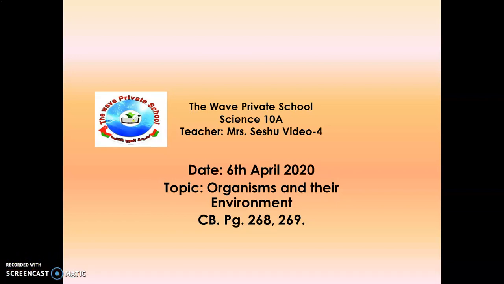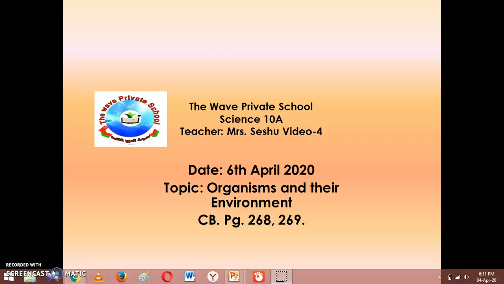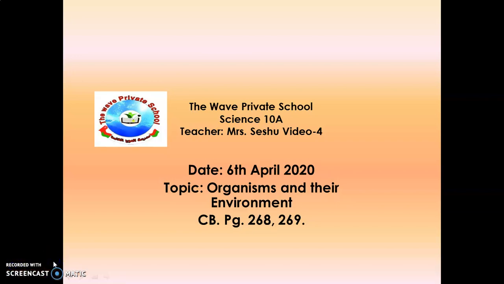In the last video, we learned about ecology and energy flow. In the part on energy flow, we learned definitions like food chain, food web, producer, consumer, herbivore, carnivore, and also the trophic level. So, in the trophic levels, we have learned that